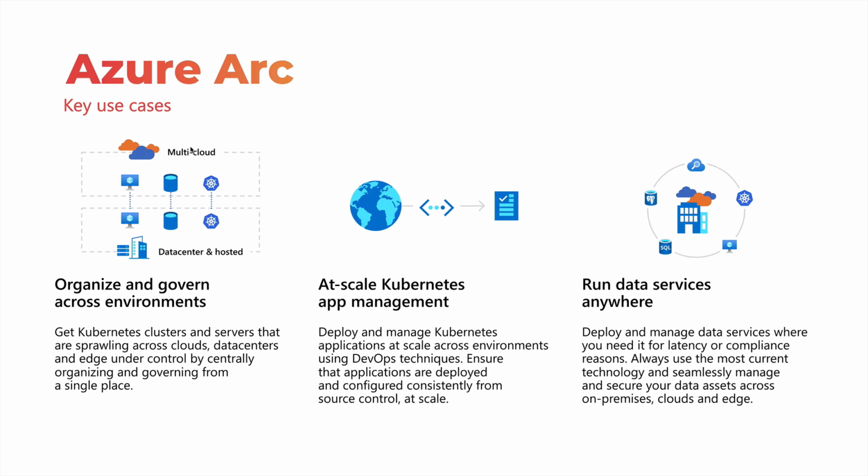Now, let me summarize what we have discussed. So Azure Arc promises three capabilities. One is the ability to organize and govern environments or resources running in multiple environments through a single pane of glass. And you can do that for both VMs and Kubernetes clusters. Second thing is the ability to manage application deployment at scale thanks to GitOps based delivery. So we have seen how we were able to roll out the same application to all the registered clusters with Arc through a GitOps based agent, which is Flux.